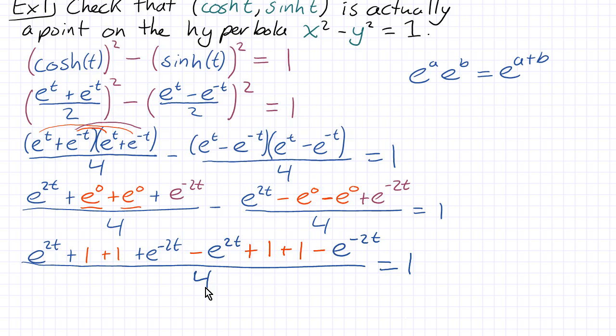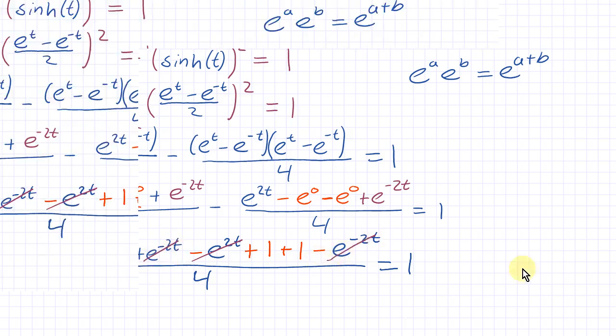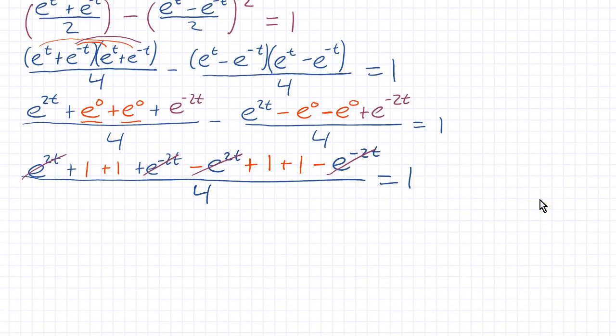There's a bit of canceling stuff out we can do. We have e to the power 2t here, and that's minus e to the power 2t here. So those cancel out. e to the negative 2t minus e to the negative 2t, that cancels out. And you see what we're left with is just 4 over 4 equals 1. And that is true for all values of t here, because all of the t's cancel out. It doesn't matter what t is. So